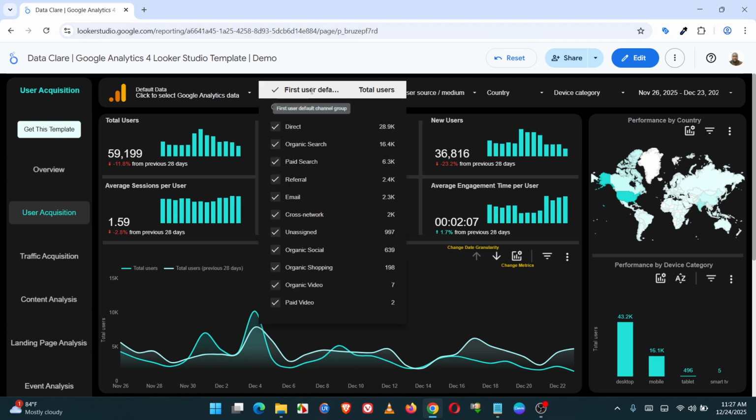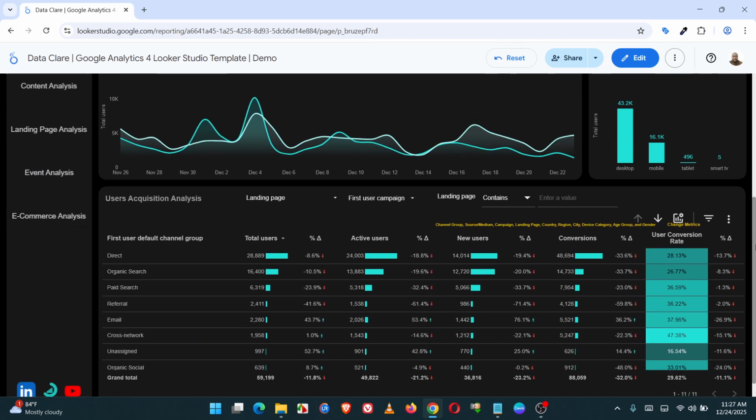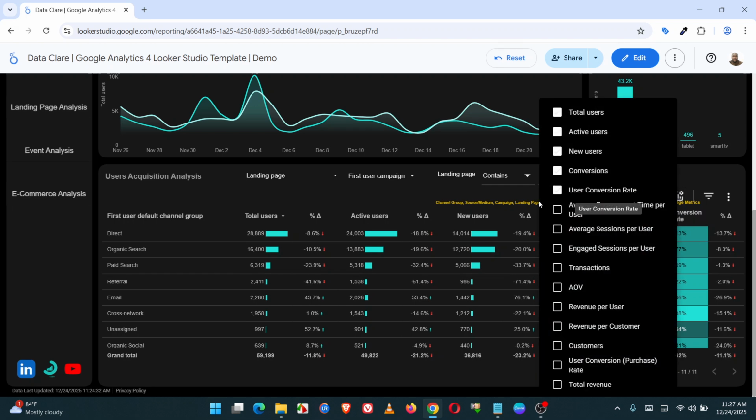So you can see the first user default group. You can analyze by just one or multiple, like I explained earlier. The same thing as first user source and medium, to know the source and the medium that brought the user to your website for the first time. And then, as you can see, it also has the optional metric icon, which means you can add multiple metrics